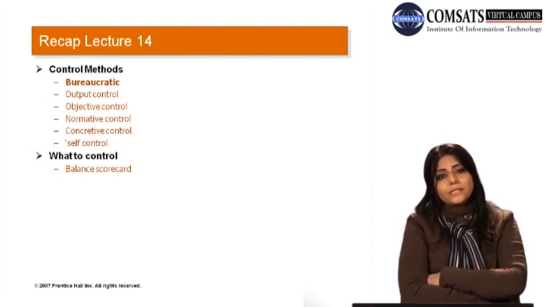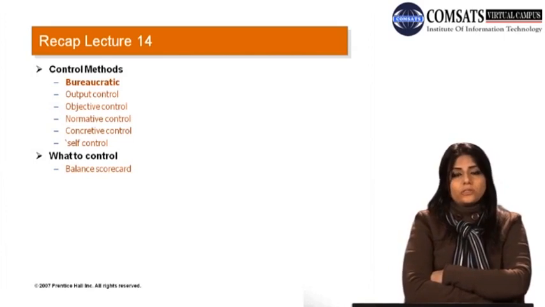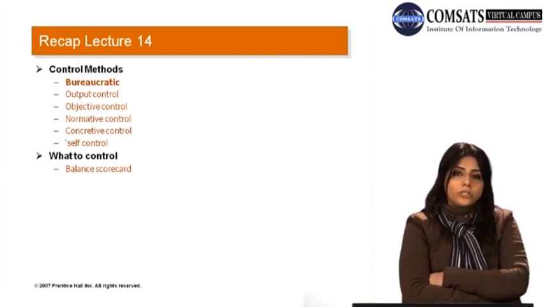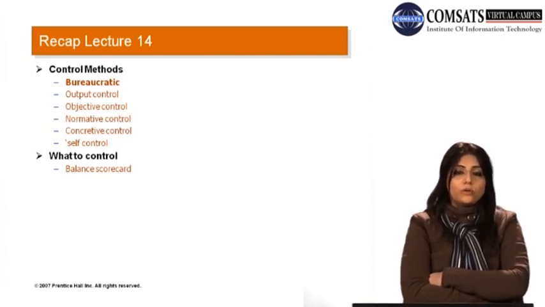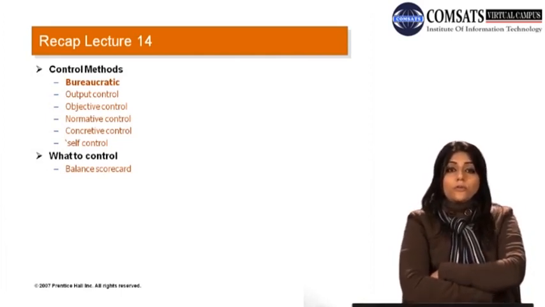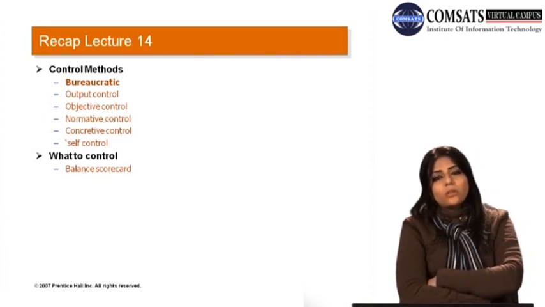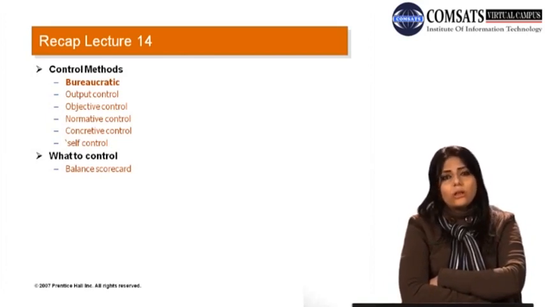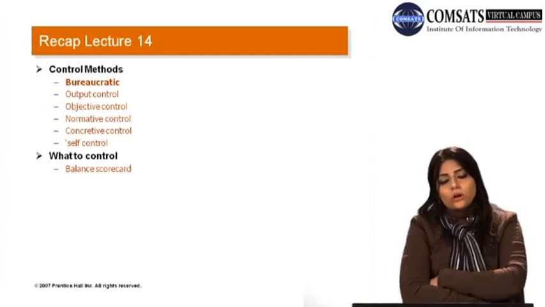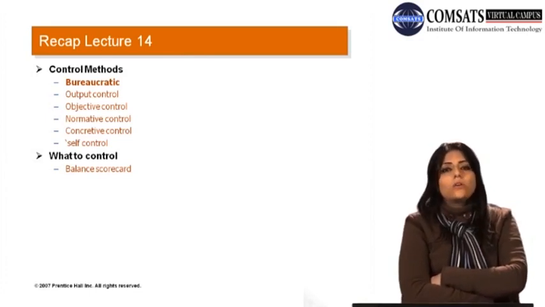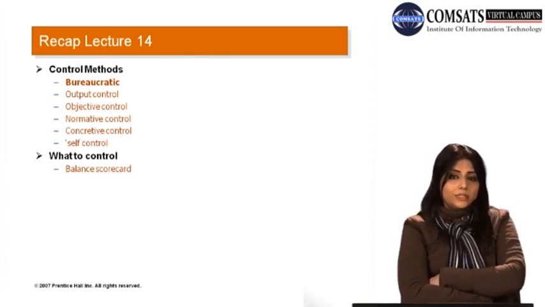So we had a discussion on what we have to control, because previously the concept in organizations was that a good indicator of control is financial control, right? So if your financials are really positive, your liquid ratios, asset ratios, liability ratios, profitability ratios, debt equity ratio, and return on assets, return on equity, etc. All these ratios were used as a tool, or as a guideline, to inform the company how it is performing, and they were basically the main indicators, right?